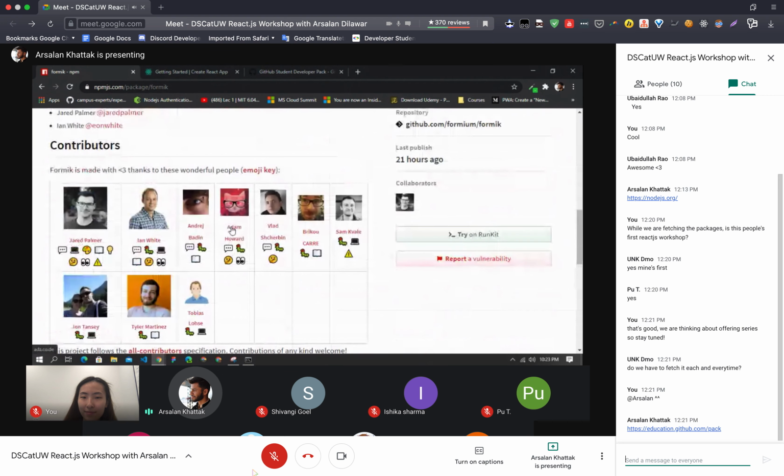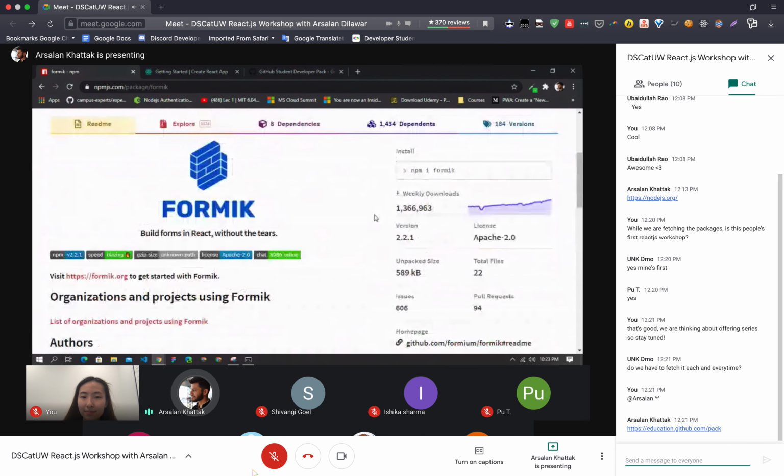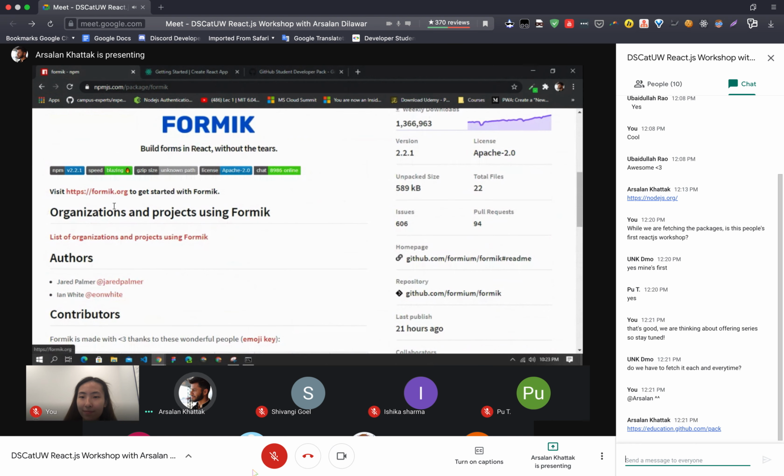So for example, if in future you have forms and you want to have validation and you don't want to write it custom, you can just install a package. In our case, you can install this Formik, which is npm space i space formik. That will install this for you, and then you can work with that.